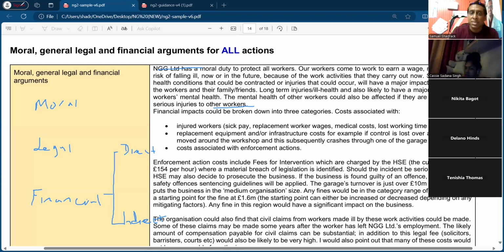If you go back up, you see the word limit right here, but you know how the marker works. Let me read this out for you, and then I'll go back and we'll see the word count, right? So financial impact could be broken down into three categories: costs associated with injured workers, sick pay, whatever, right? Replacement equipment, costs associated with enforcement actions. I could have just said